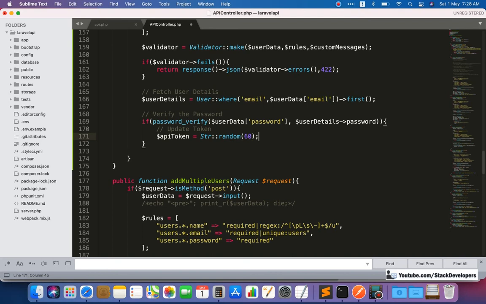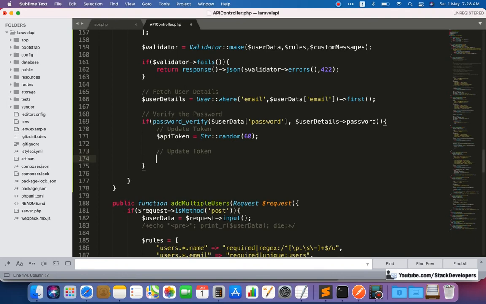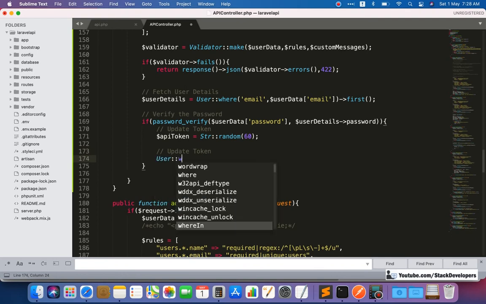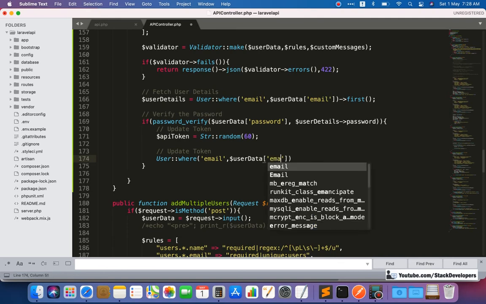We can generate a new token, and now we can update the token for the user where email equals user data email.